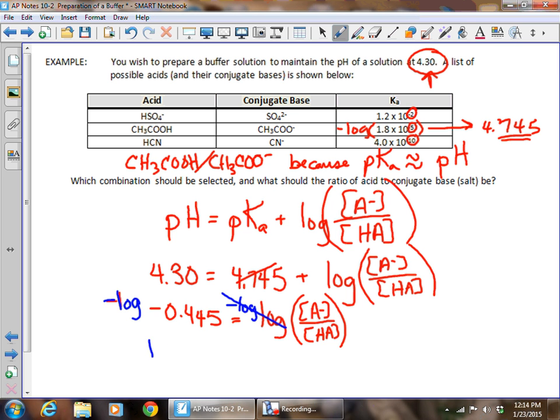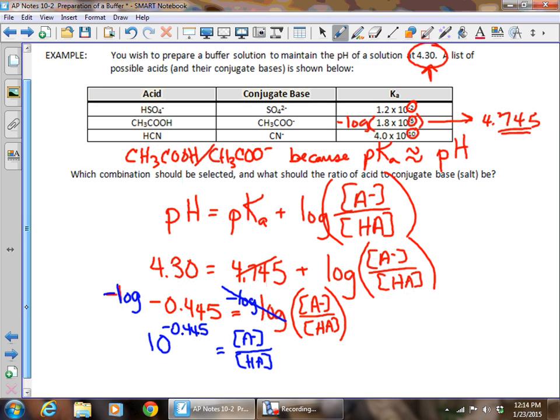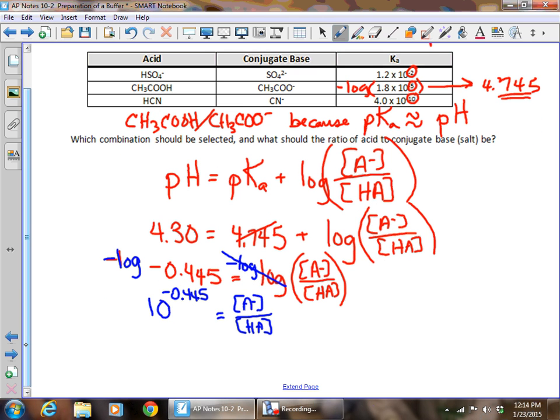Remember, this becomes 10 to the negative 0.445, which is going to be equal to A minus concentration over our HA. That number value becomes